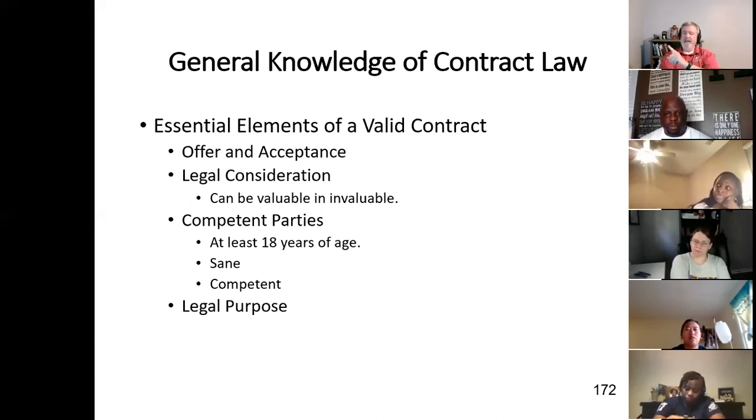What it does mean is it's not enforceable, because if one or both of the parties are drunk, then we are missing one of the essential elements of the contract, right? We do not have competent parties. So if the contract's not valid, that does not mean the contract is illegal. It just means it's no longer enforceable. Remember, we talked about enforceable and unenforceable. So in other words, as long as both parties agree to show up to closing and do what they agreed to do, all is well.